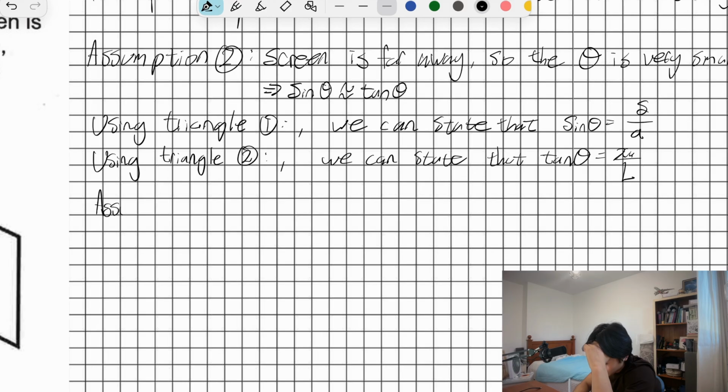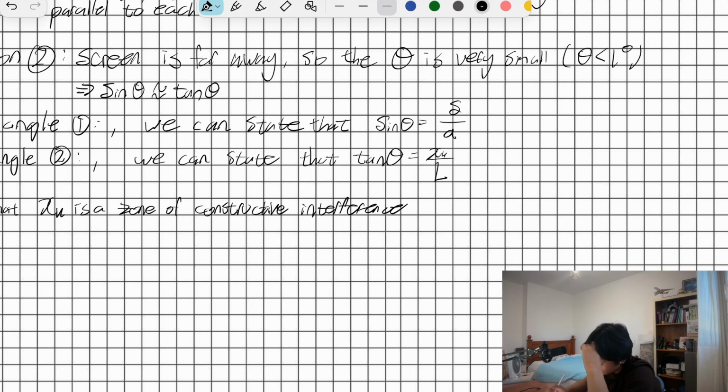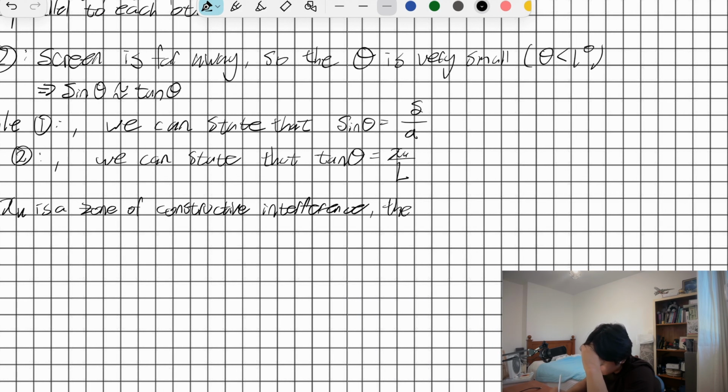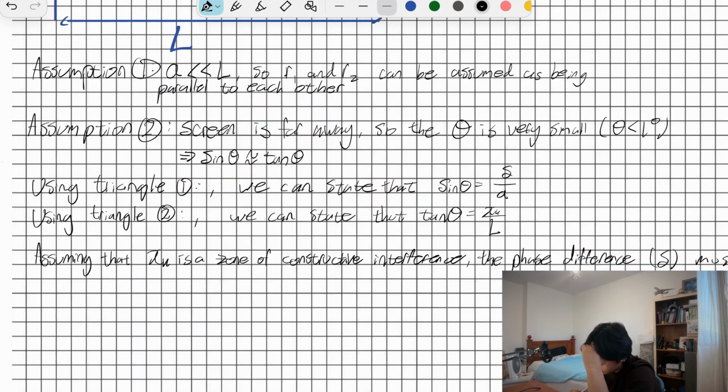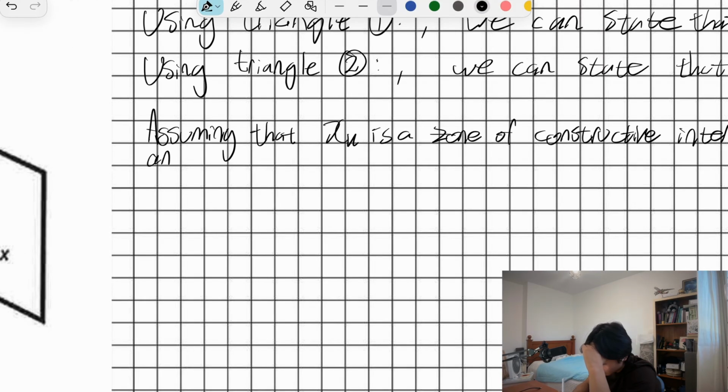Assuming that xk is a zone of constructive interference, the phase difference delta must be an integer multiple of the wavelength,